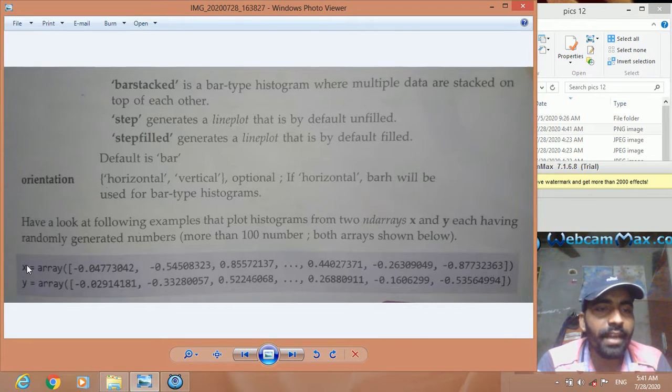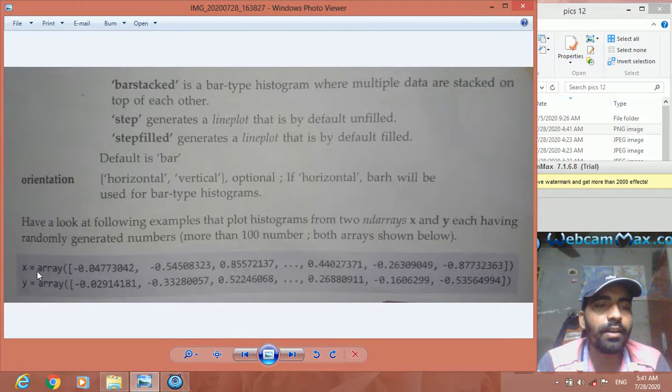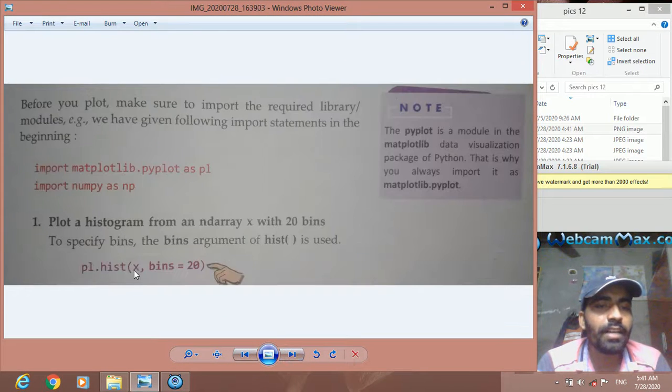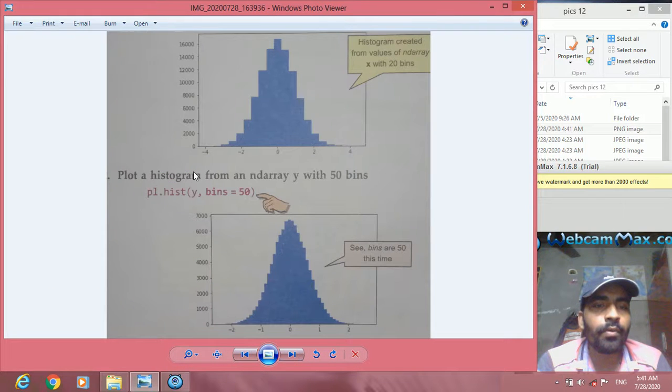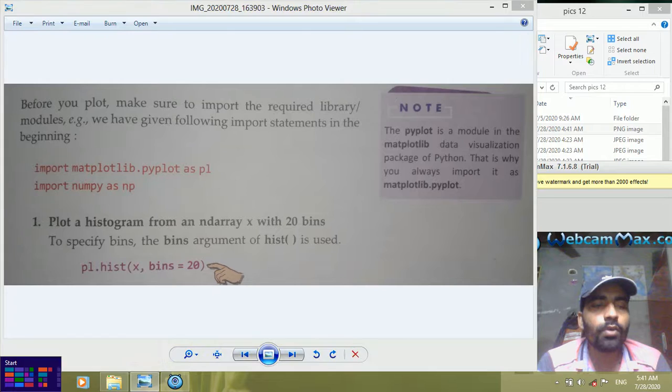Now here values are given, like we have two arrays, one is x, another is y, but this is not a complete value given, so we will use our own value. So let us have an example, like here the example given, the x array and y array values were given. The same thing has been used with the hist function, the x array has been used. So let us use our own array as given here. First we have to import the numpy module if you want, otherwise we have to import the matplotlib module. So let us open Python.